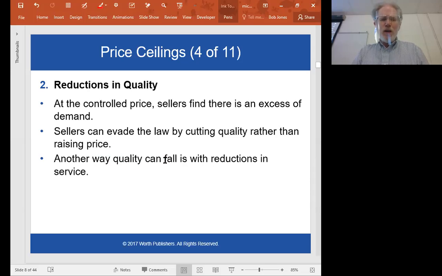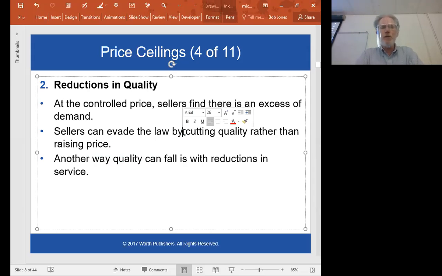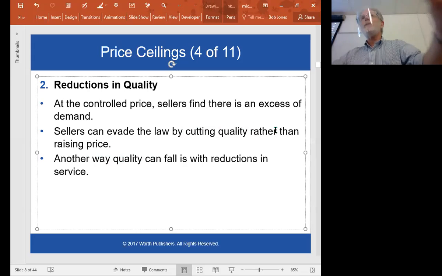Another way quality can fall is with reductions in service. If you have a store that is selling a product, you go into the store, they have salespeople who explain how the product works, they demonstrate it, and they give you all this help. If you keep the price down below the equilibrium level, then the producer has an incentive to try to cut cost. And one way is don't provide the extra service,